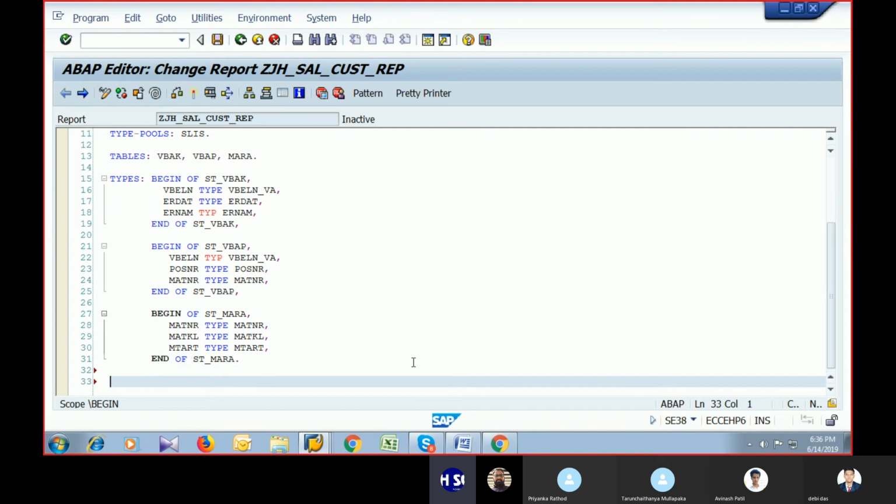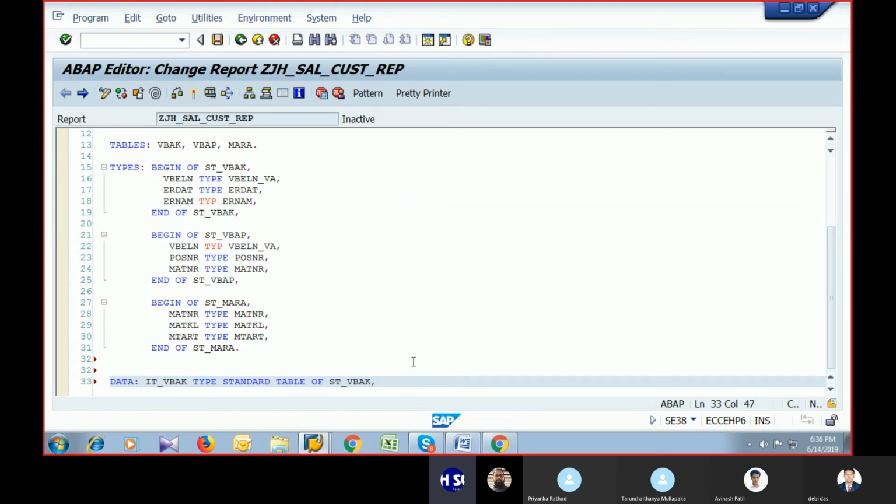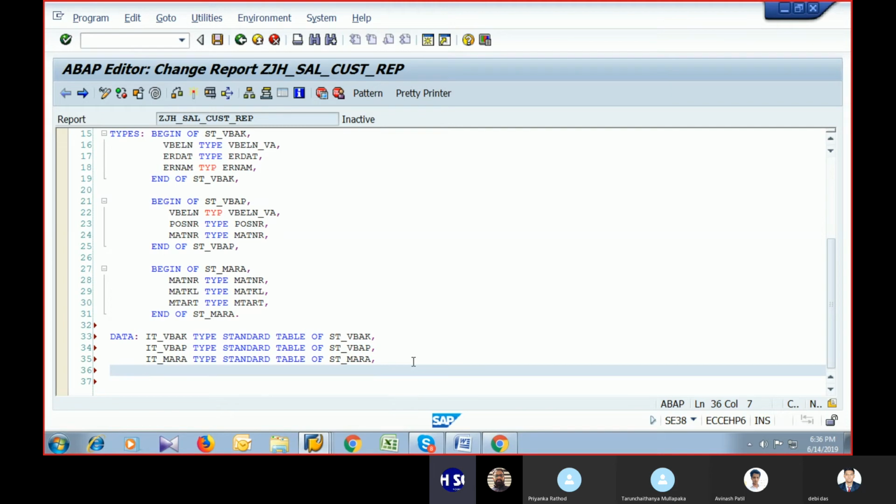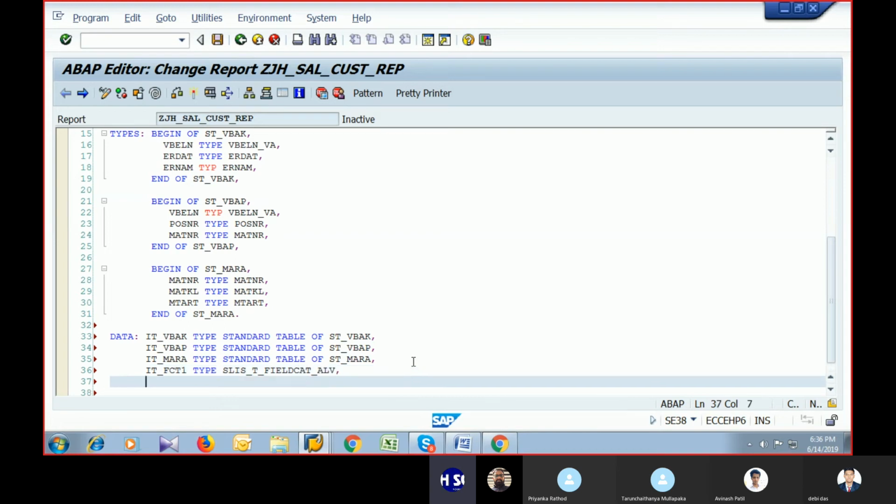And then we'll go for data: IT underscore VBAK, type standard table of ST underscore VBAK, IT underscore VBAP, IT underscore MARA, and then we have IT underscore FCAT1 type SLIS underscore T underscore FIELDCAT underscore ALV, IT underscore FCAT2 type SLIS underscore T underscore FIELDCAT underscore ALV,